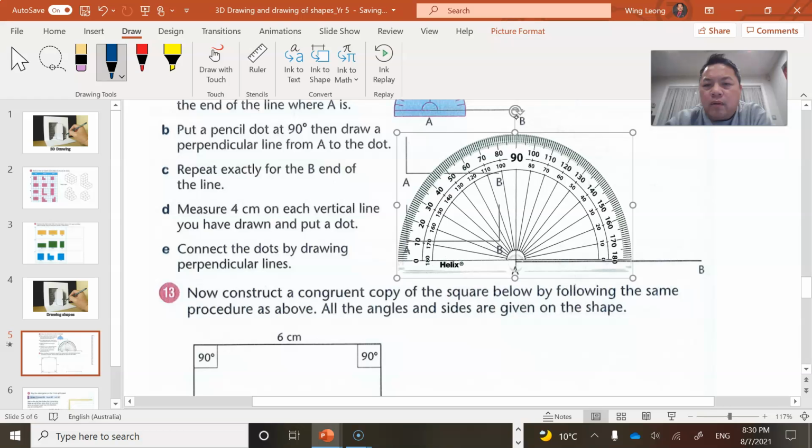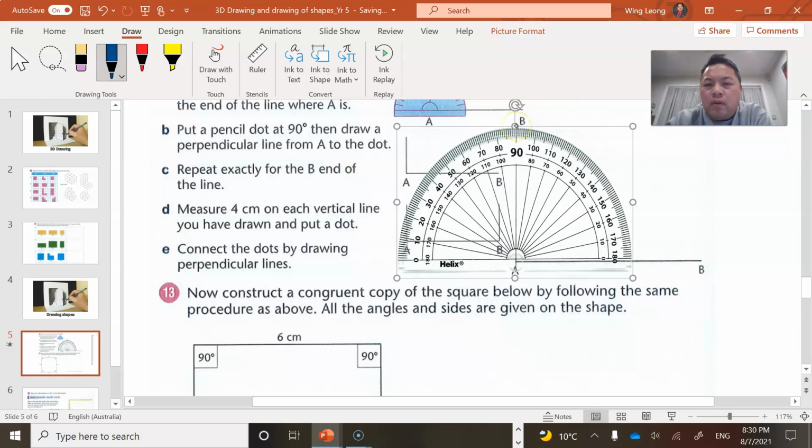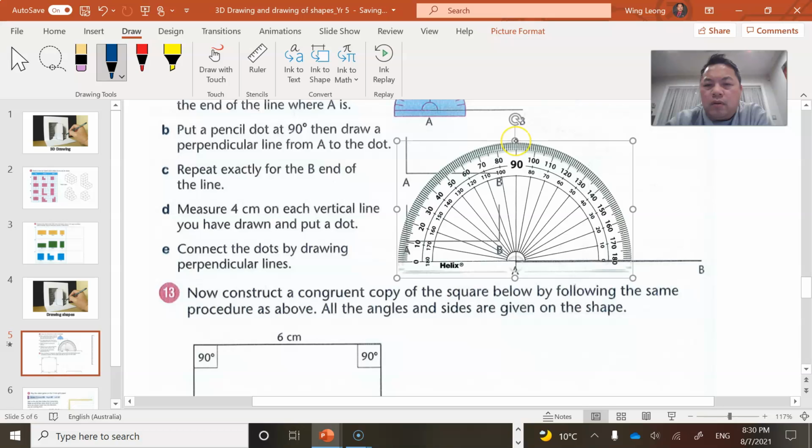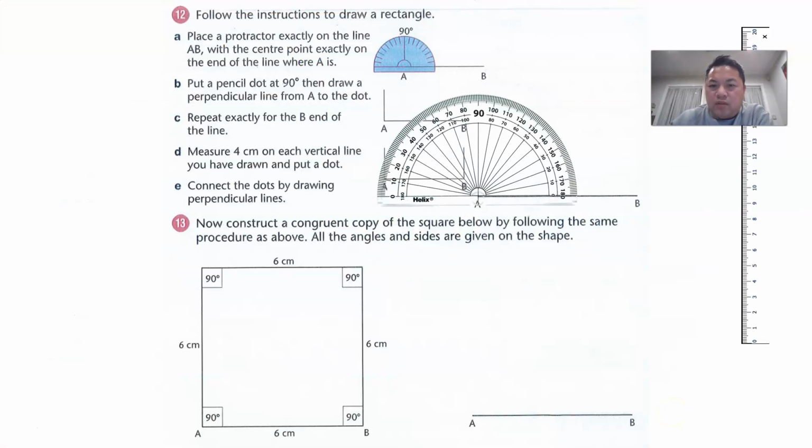Okay, so in fact I got to go back to probably this part here. I'll put a dot here. Okay, put a dot here. Then next,